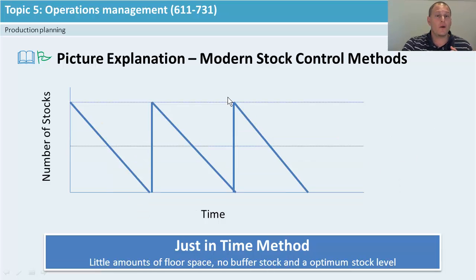So this is the other way. This is the modern stock control method, and this is one of the ways that Toyota brought in. It changed from being a manufacturer to an assembler. And they thought, all right, what we'll do is follow the same things. Instead of calling it the maximum, they call this the optimum stock. What's the most amount we should keep within our areas